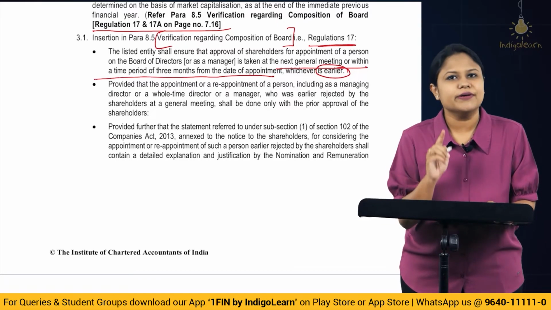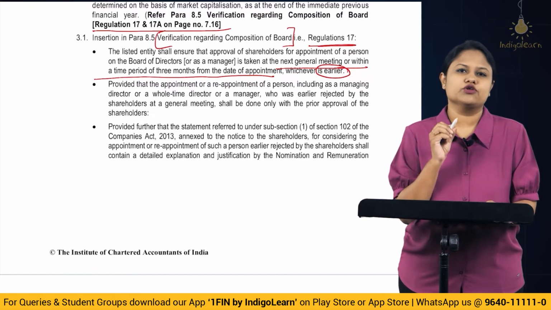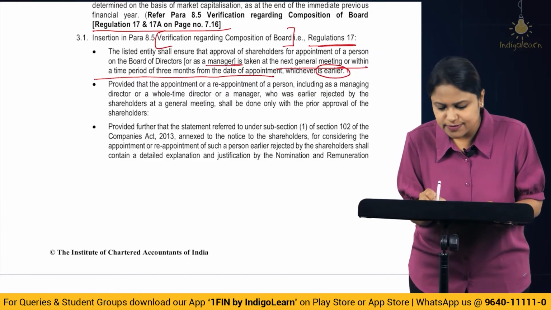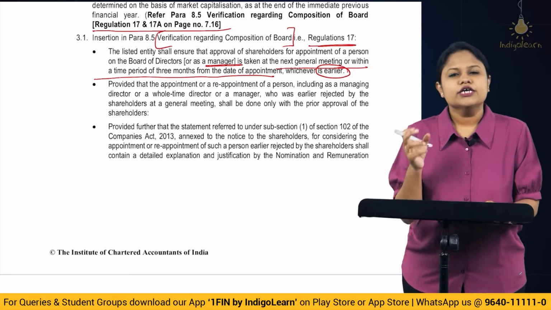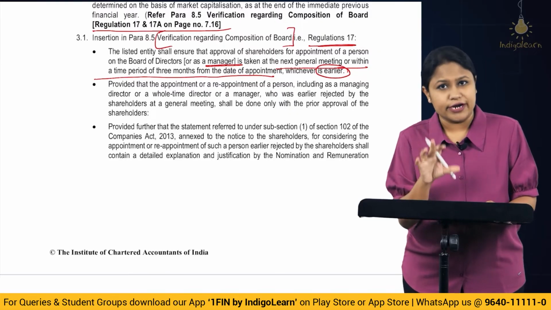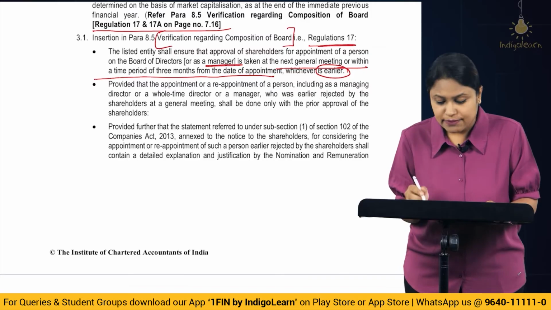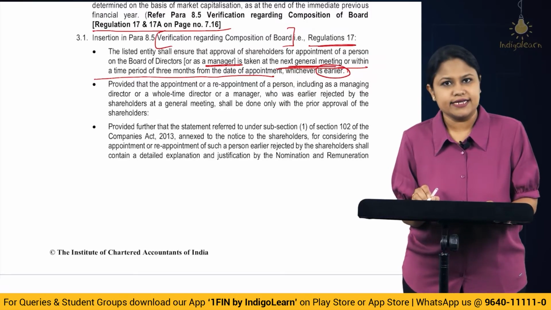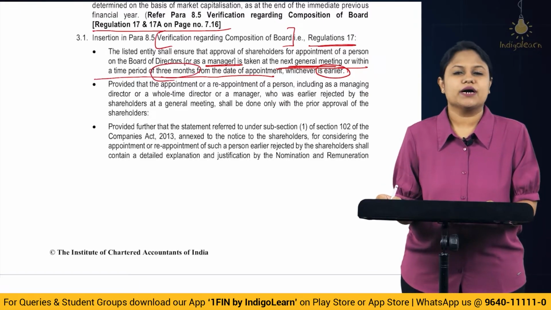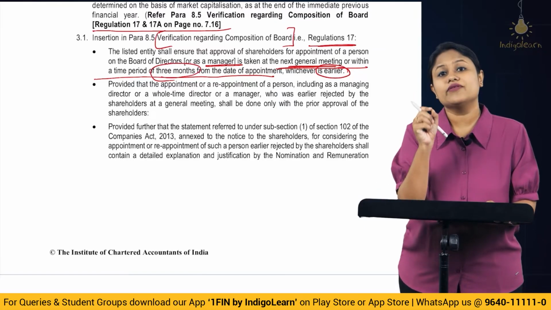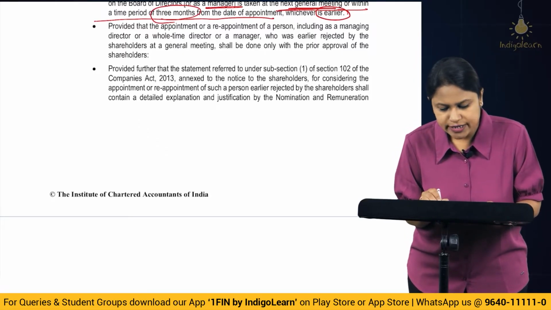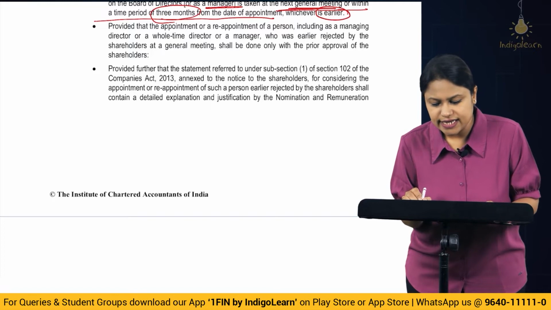So now they are telling that any person whom you are putting onto the record, that means whom you are appointing on the board as a director or as a manager. Why precisely is manager mentioned? Because the powers will be similar to that of the director. So any person you are appointing on the board or as a manager, that appointment has to be compulsorily approved by the shareholders in the next general meeting or within the time period of 3 months, whichever is earlier. Okay, then provided that appointment or a reappointment of a person, including as a managing director